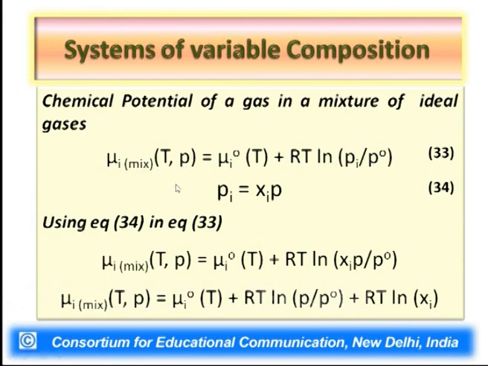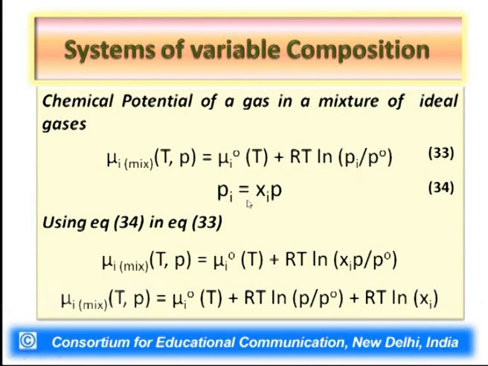It is just to show in the parenthesis term that the chemical potential of the ith component in a mixture is a function of temperature and pressure, equal to its standard chemical potential of the ith gas under the condition of constant temperature, plus RT ln. Instead of P, please note that I have written the partial pressure of the gas, because there will be some total pressure of the gas mixture, and inside the gas mixture, since the ith gas is just one gas, it will show its own partial